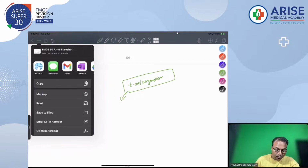In general surgery, you will get 30 to 40 marks, no doubt. Up to 40 questions of the 300 questions, you can answer with only general surgery. Because a few questions in general surgery, you can answer from